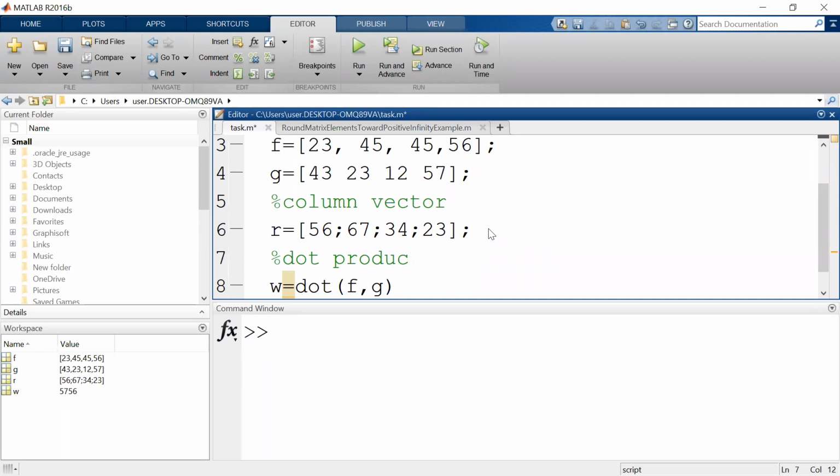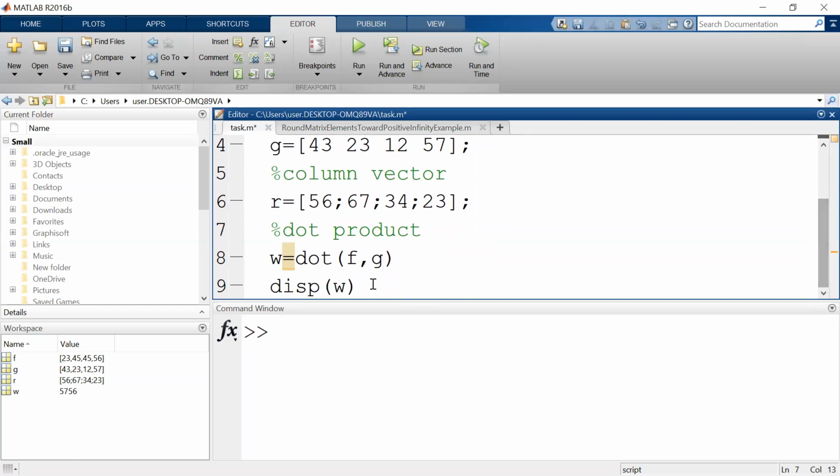Oh, I know why it was printing two outputs, because I should have just left this as that. Now run this. Now it brings the answer, 575756. That's supposed to be the answer. So in case you now want to do a cross product,